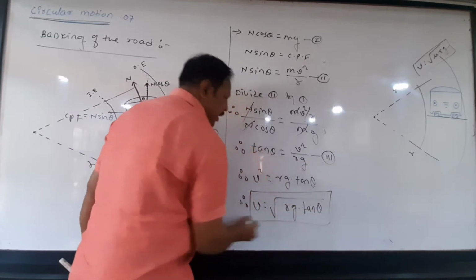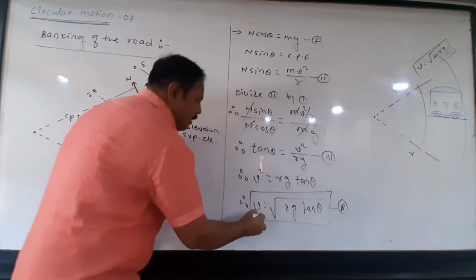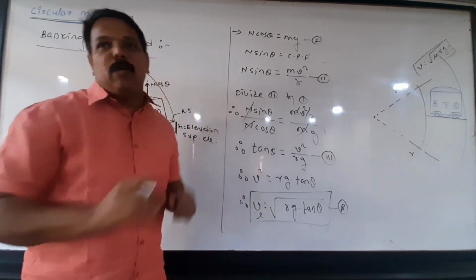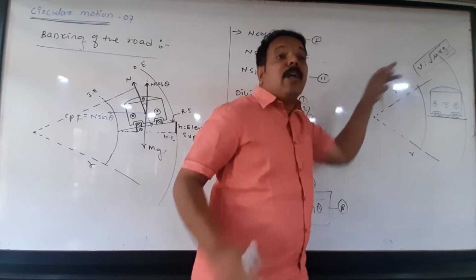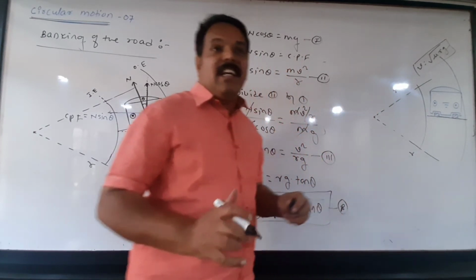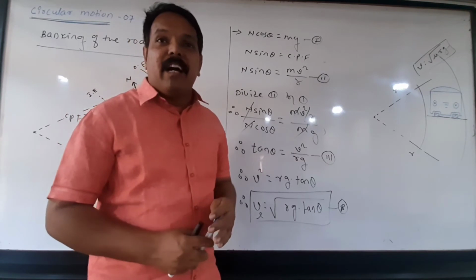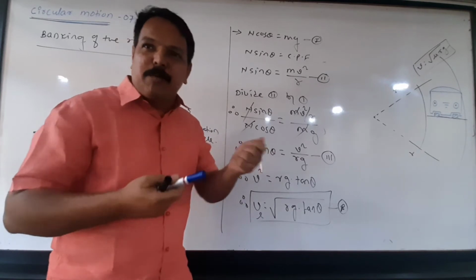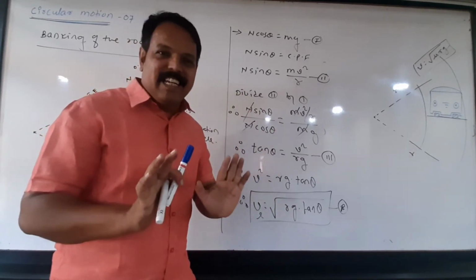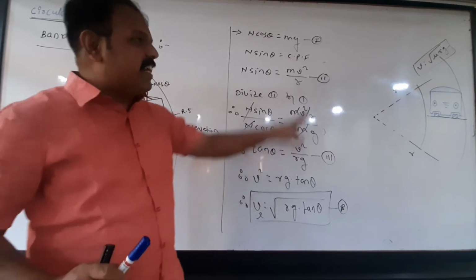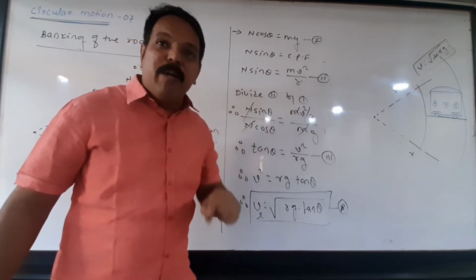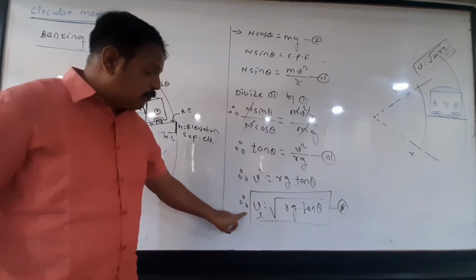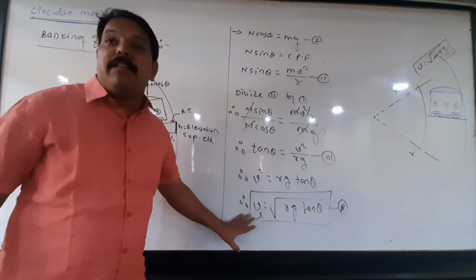Clear? And what is this? This is the limiting speed of the vehicle passing over a curved banked road. The earlier one was the limiting speed over a curved horizontal road. In order to avoid skidding of the vehicle, the road has been banked, but it does not mean that we can drive with supersonic speed. There are also limitations. Here this limit is greater than the earlier limit, no doubt. On the curved banked road also, the speed limit is under root rg tan theta.